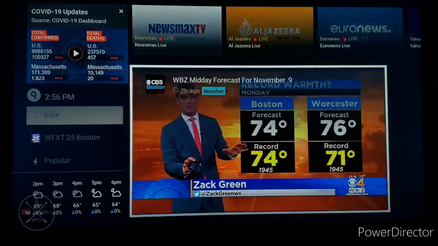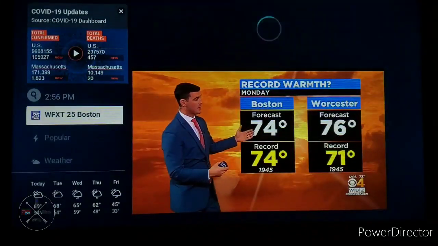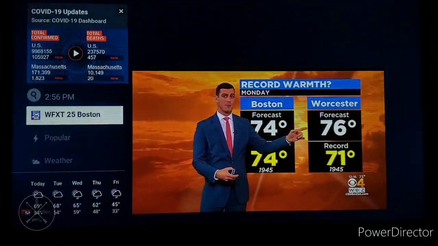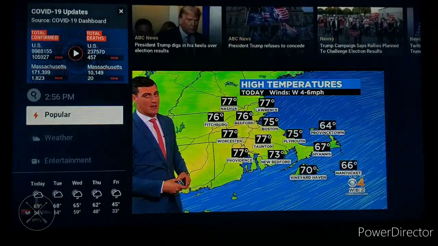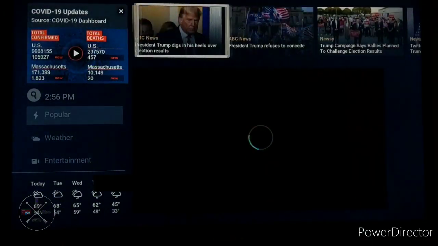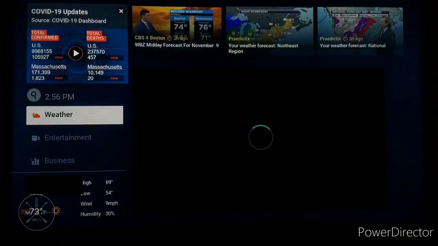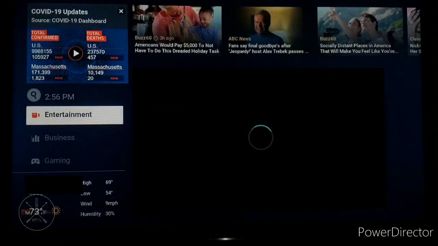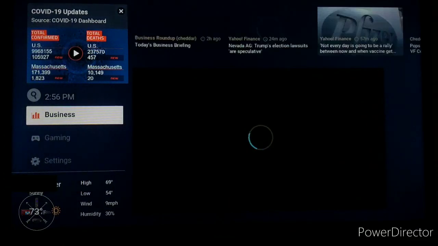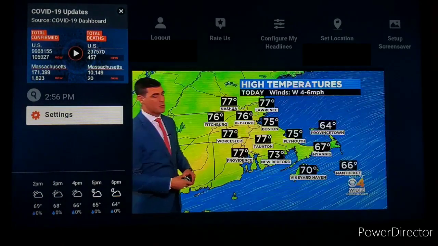But let's continue our way through this and get on to the next channel. But you can go down here to your source. You can go down to popular content. What are people watching the most on Haystack? And then you can take a look at the latest weather headlines locally, in the region, and nationally. You can check out your entertainment news, your business news, gaming, and finally you can go down to your settings